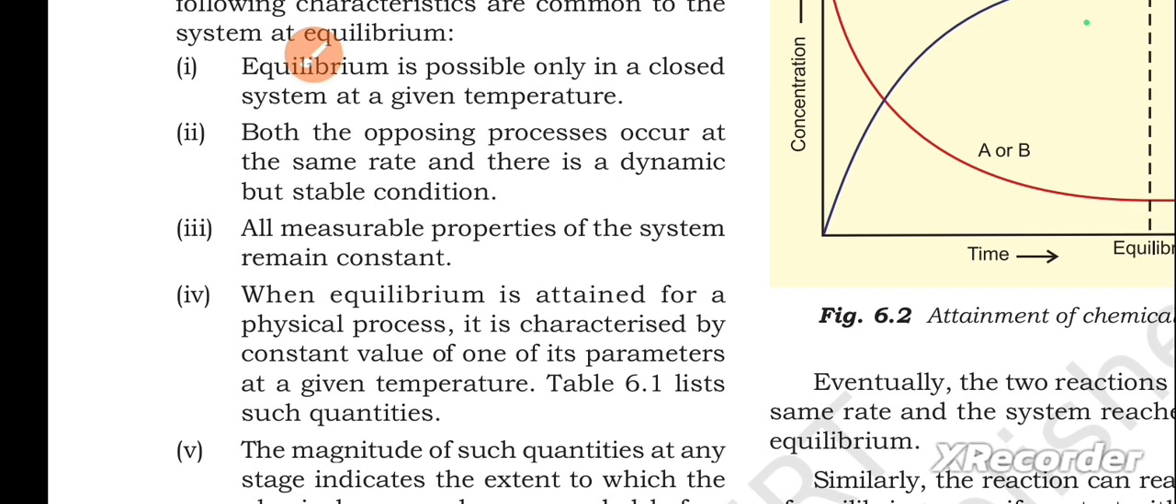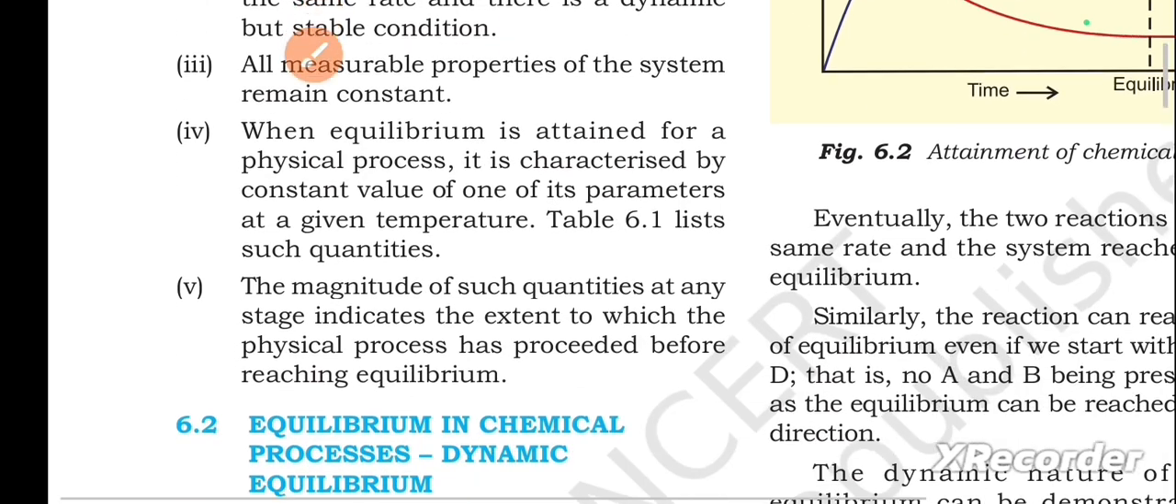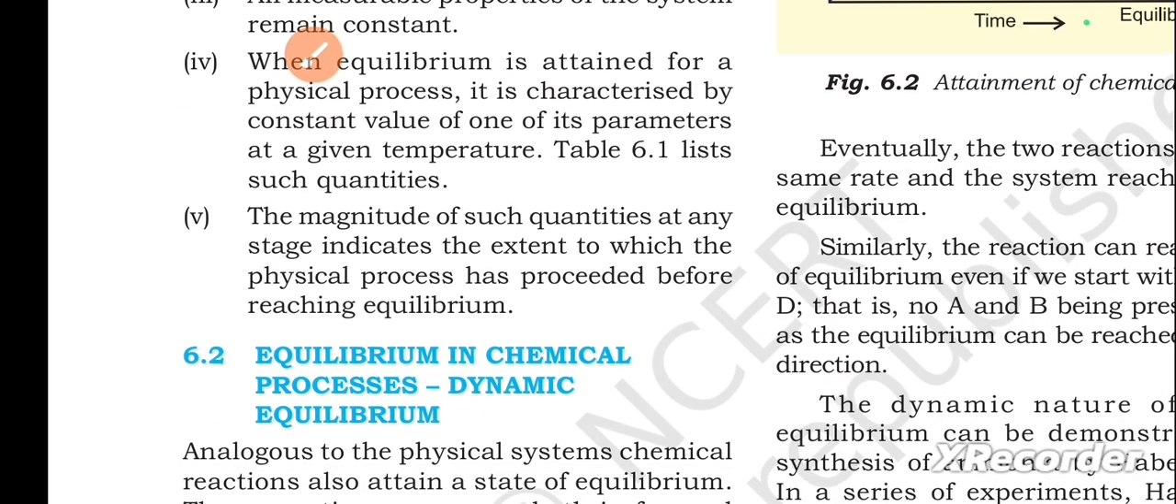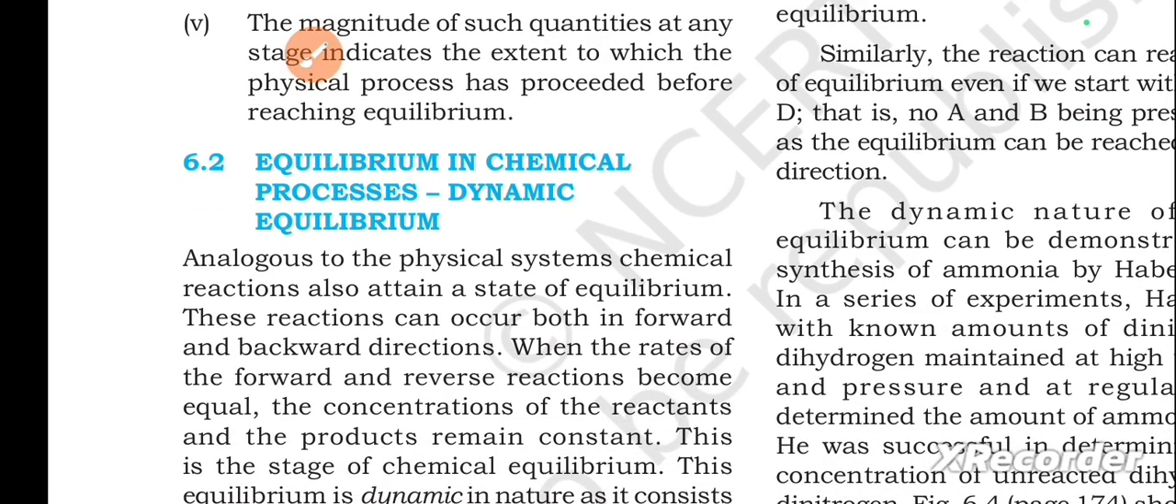Fourth point, when equilibrium is attained for a physical process, it is characterized by a constant value of one of its parameters at a given temperature. Table 6.1 lists such quantities. Fifth point, the magnitude of such quantities at any stage indicates the extent to which the physical process has proceeded before reaching equilibrium. Next, equilibrium in chemical processes,